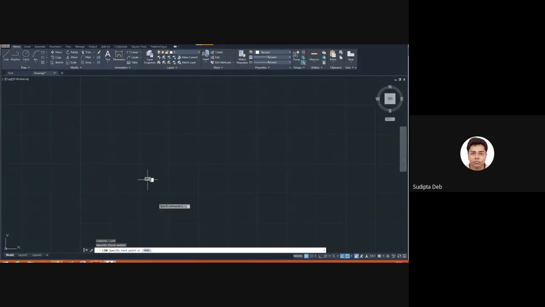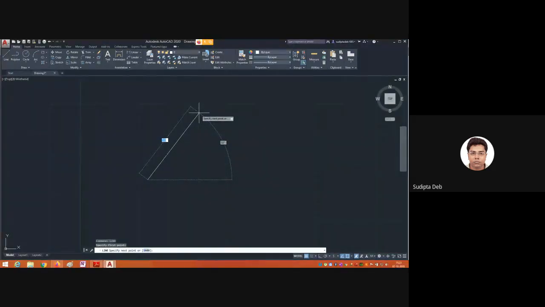Click here, anywhere. So right now you can see this is movable like this. It is inclined. Suppose you can give the distance, and as well you can change the angle. Okay, but in the status bar you have one option, that is ortho mode. If you turn on this ortho mode, you can easily draw horizontal and vertical lines. So click here.